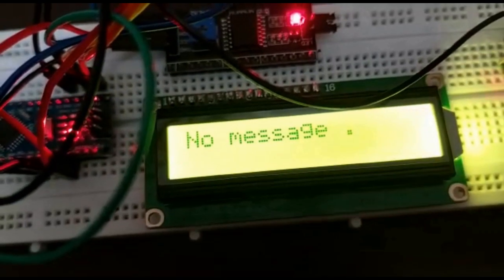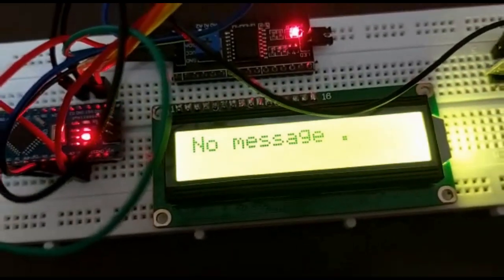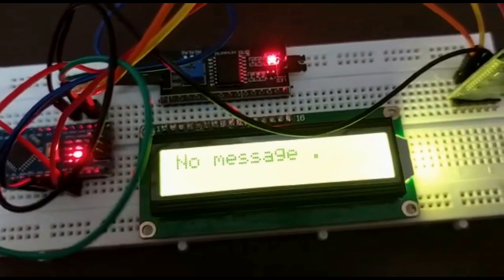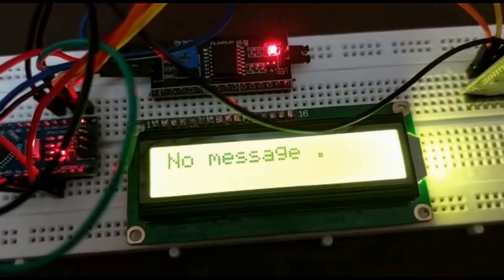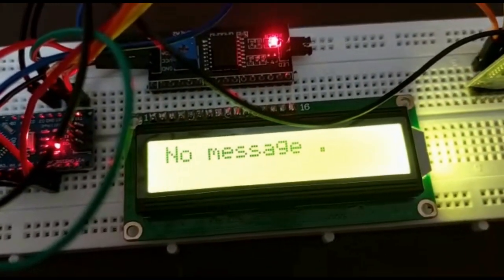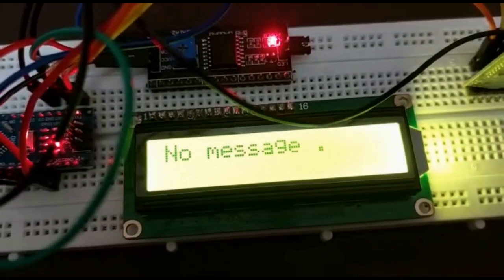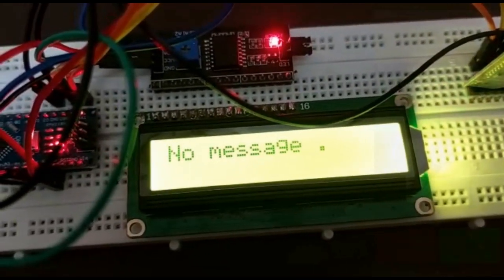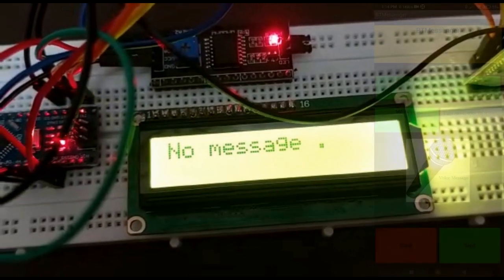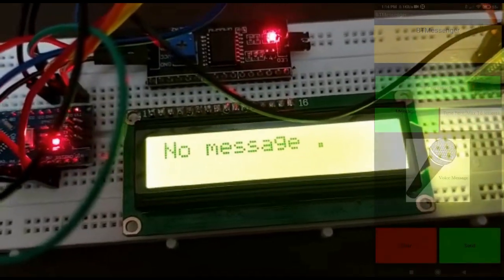Hello everyone, this is a BT Messenger project which I have built. This project consists of an Arduino Nano, an LCD display and a Bluetooth module, and I built this app using MIT App Inventor too. I can send a message from my phone to the BT Messenger and it will be displayed on the LCD screen. For example,